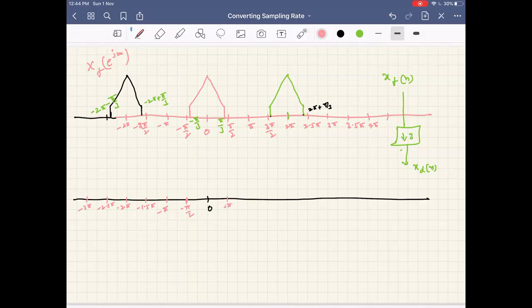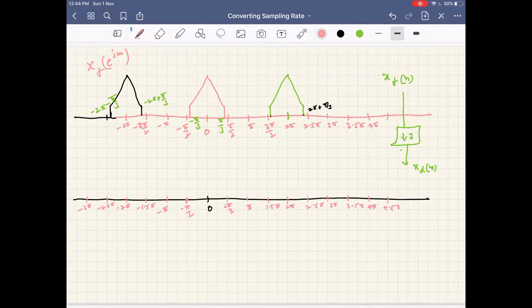Pi by 2 and pi, and this is 1.5 pi, and this is 2 pi, and this is 2.5 pi, and this is 3 pi, and this is 3.5 pi, and this is 4 pi, and this is 4.5 pi,